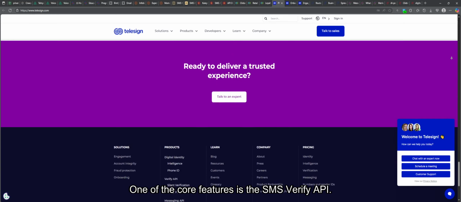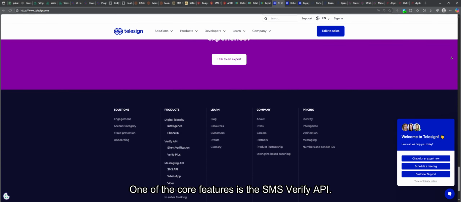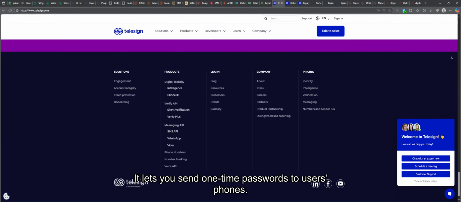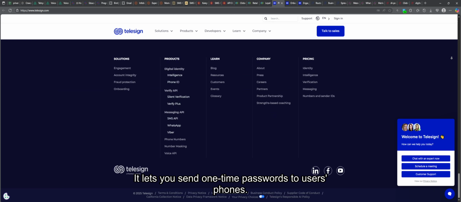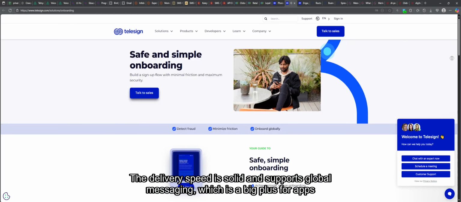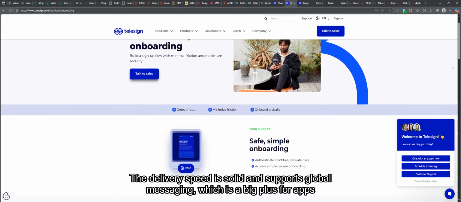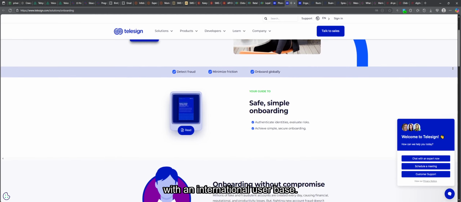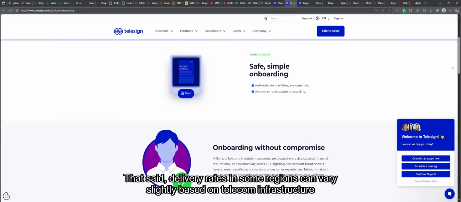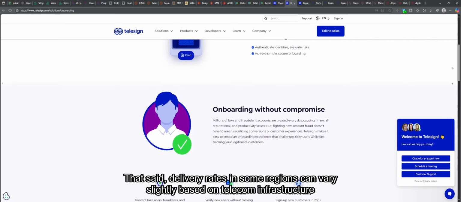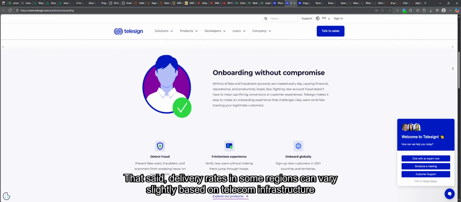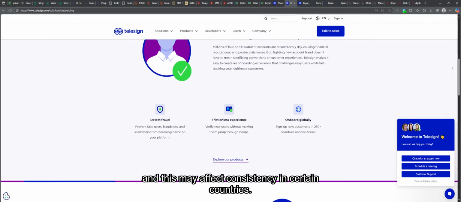One of the core features is the SMS Verify API. It lets you send one-time passwords to users' phones. The delivery speed is solid and supports global messaging, which is a big plus for apps with an international user base. That said, delivery rates in some regions can vary slightly based on telecom infrastructure, and this may affect consistency